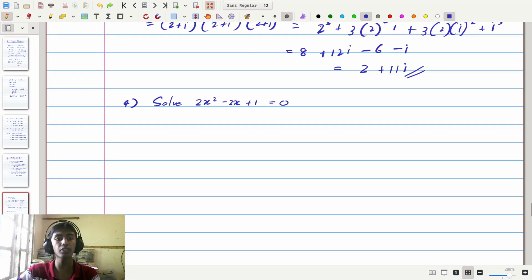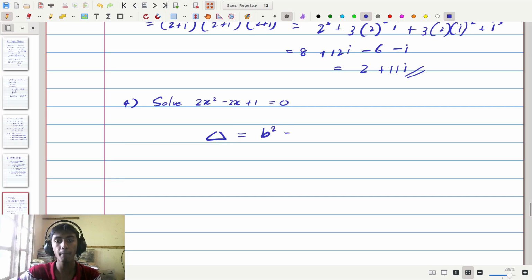Finally, we have a question here where we're asked to solve 2x squared minus 2x plus 1 equals 0. Now this is rather simple, but it has a twist, since the roots of this thing are not real numbers. We can check if the roots of this thing are real numbers or not by using delta. As we know, delta is equal to